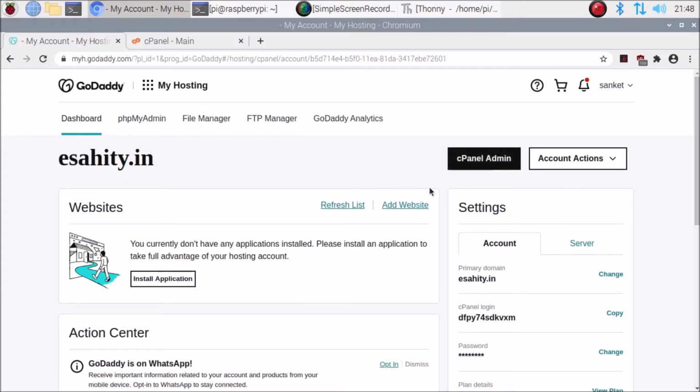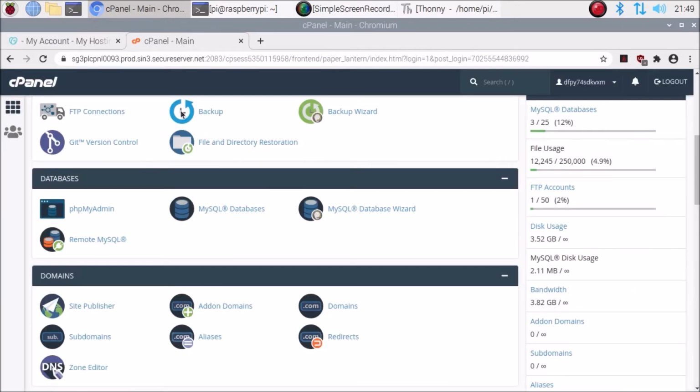Simply click on this cPanel admin button and it will open your cPanel admin. I have already opened it. So simply go inside your dashboard, click on cPanel admin, and it will open the GoDaddy cPanel admin. This is our cPanel admin page.